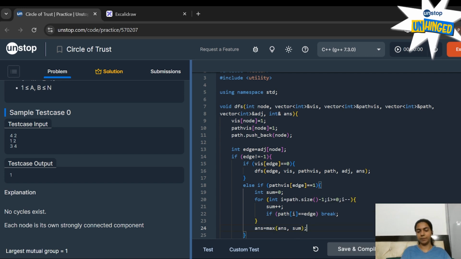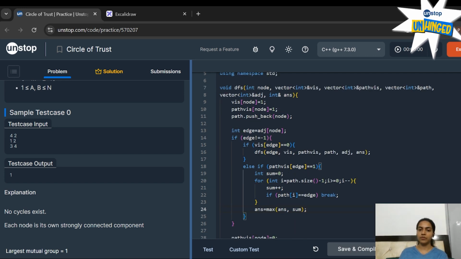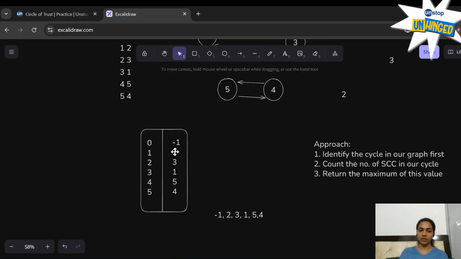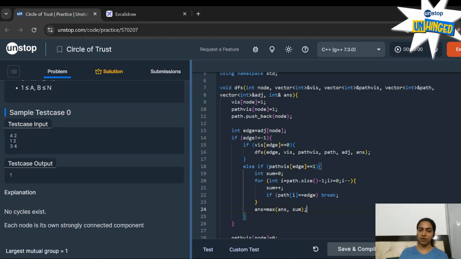Okay, what are we doing here? So first of all, we found the edge of our current node. For example, if our node is 1, we found 2. Now, if that is not equal to -1, that means it is pointing to some employee, then we check if visited is 0 or not. If visited is 0, that means it has not been visited yet. So we apply the DFS to check whether it comes in our cycle or not.